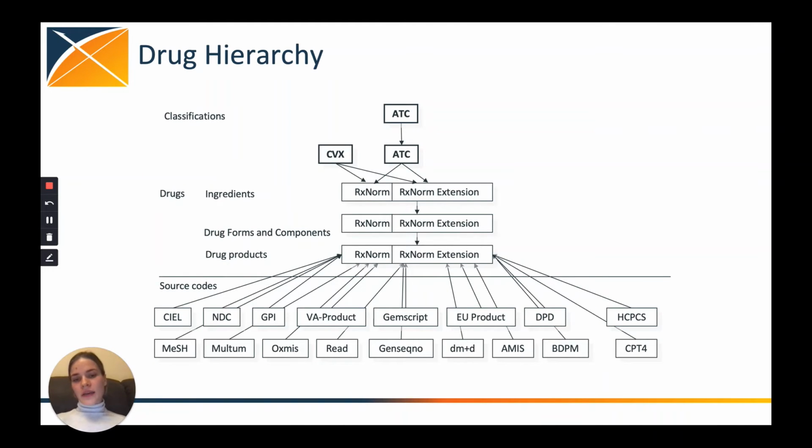So the standard vocabularies here are RxNorm and RxNorm Extension, and they form the hierarchy. And then there are many source codes that are linked to those vocabularies, and they also participate in the domain but do not participate in the hierarchy. For example, there are some drugs in HCPCS or CPT4, which is usually considered procedures, but they are mapped to RxNorm, and in this way there are drugs and they are linked to the standard RxNorm terms, which